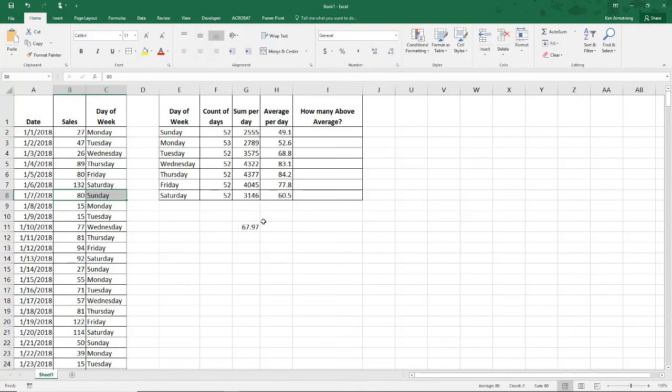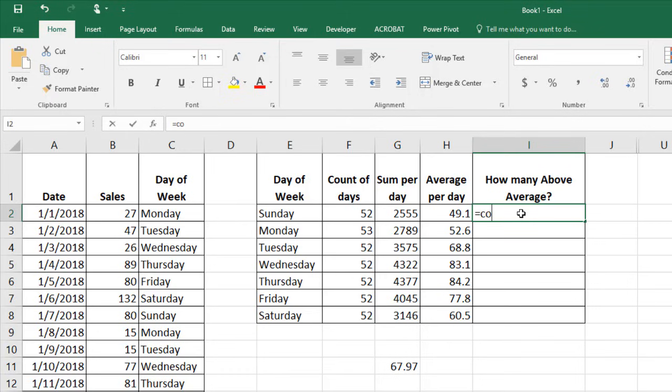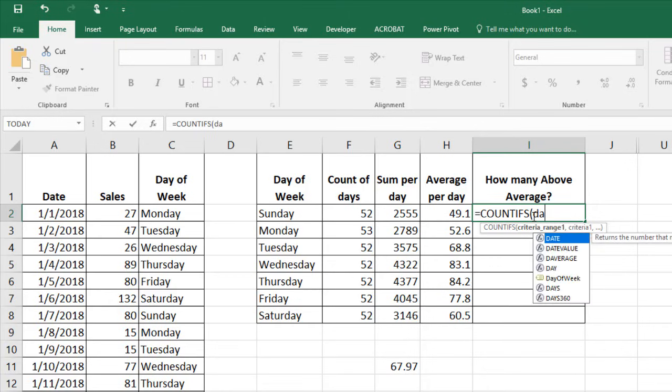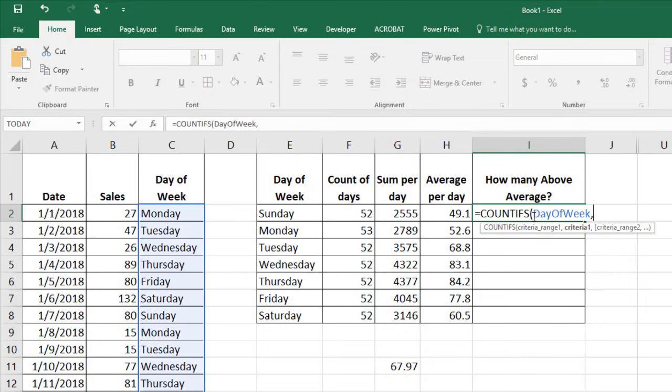So we need to use the count ifs, count IFS. So equals count ifs. And there it is right there. Tab. So here we have criteria range 1. Criteria range 1 is this range here. So I called that day of week. There it is. Tab, comma. The criteria is this.